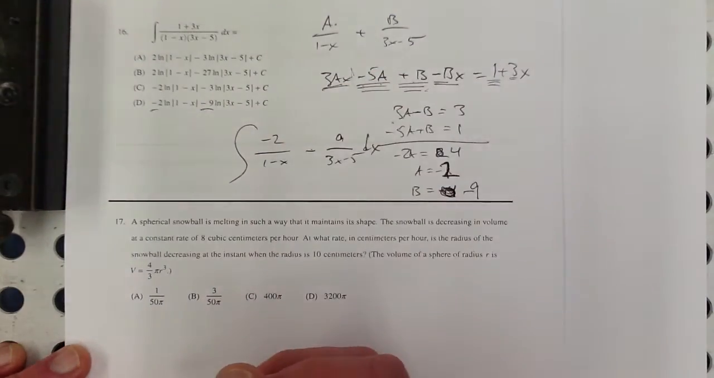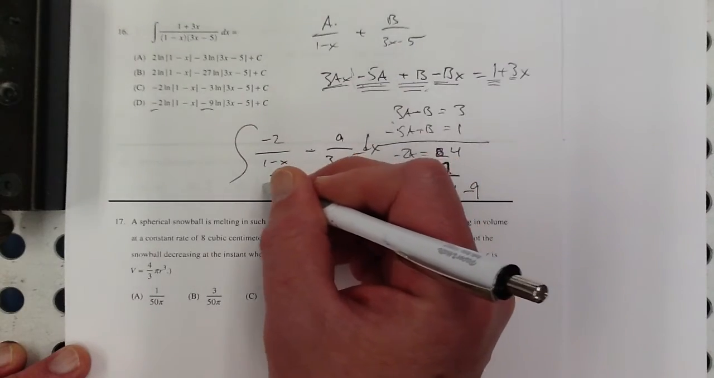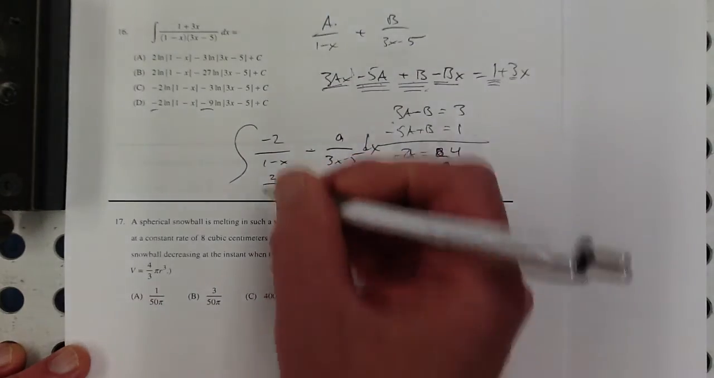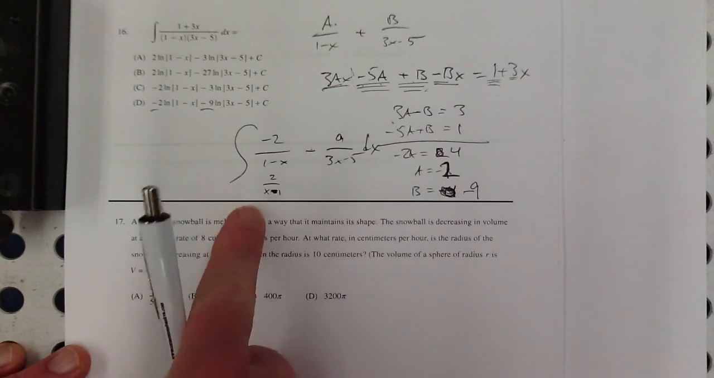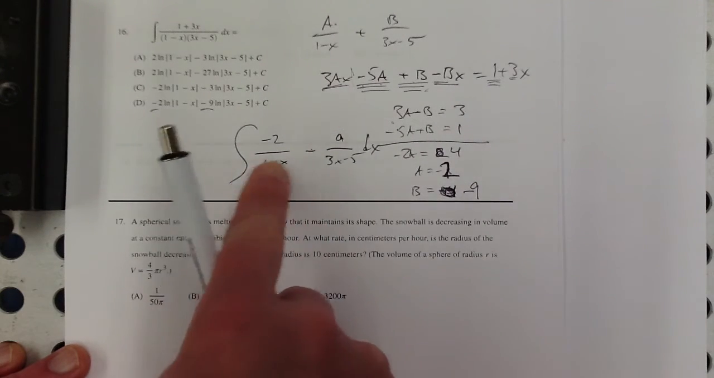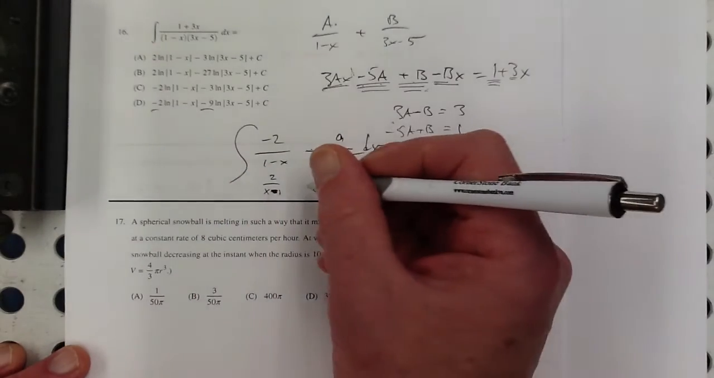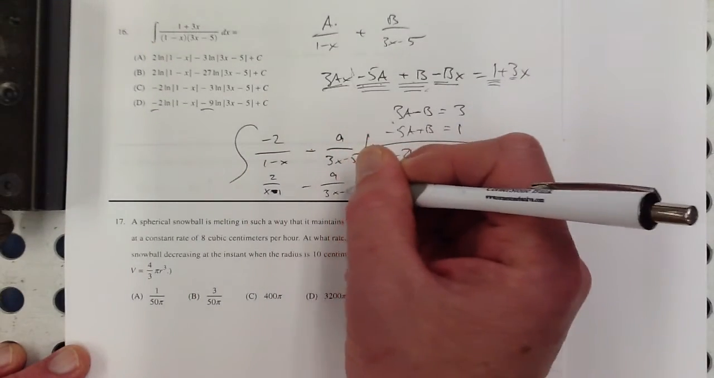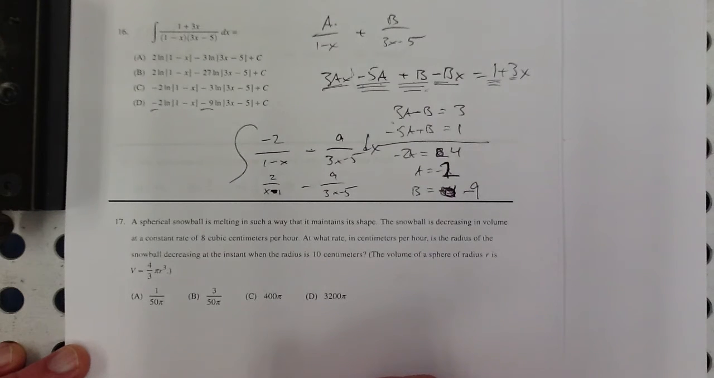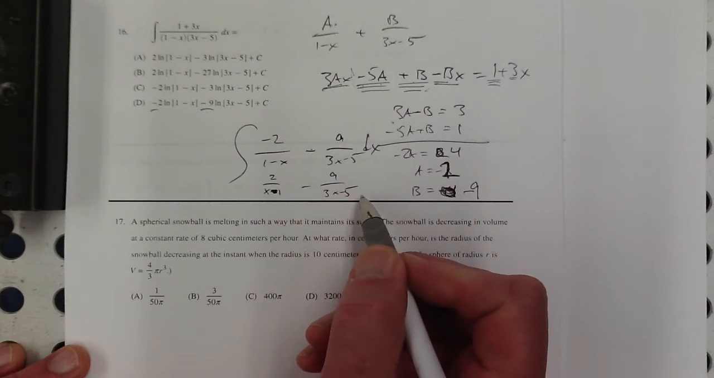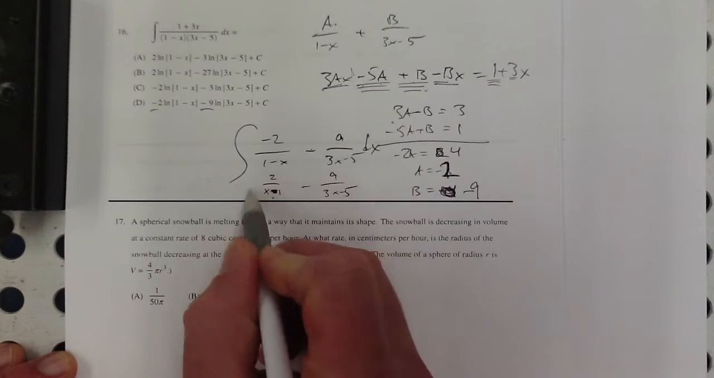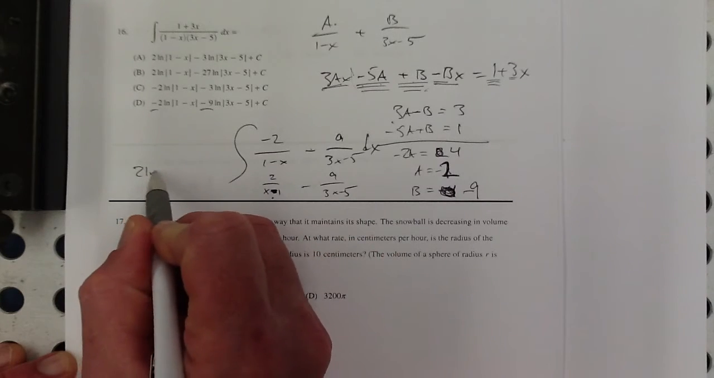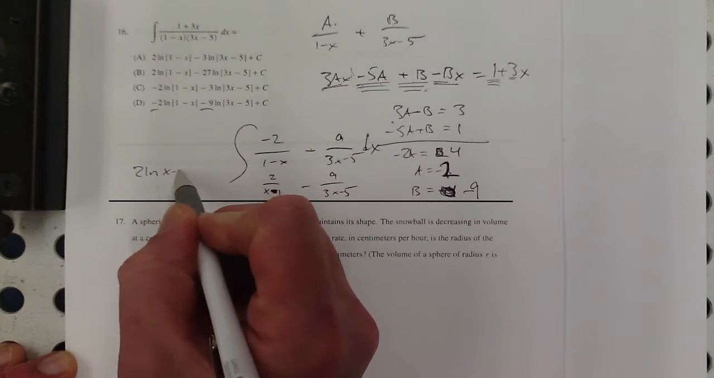I can move this stuff around. I could turn that into 2 over x minus 1 rather. And that's a little bit easier for not having to worry about sign issues with the antiderivative and that little natural log issue. Minus 9 over 3x minus 5. So, let's see here. The 2 natural log x minus 1,